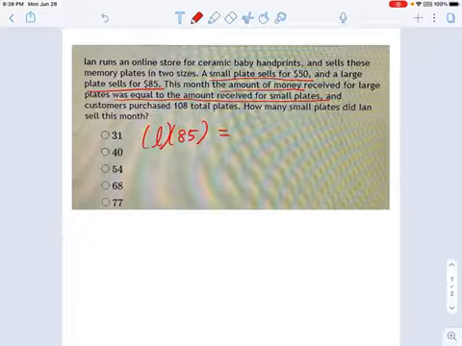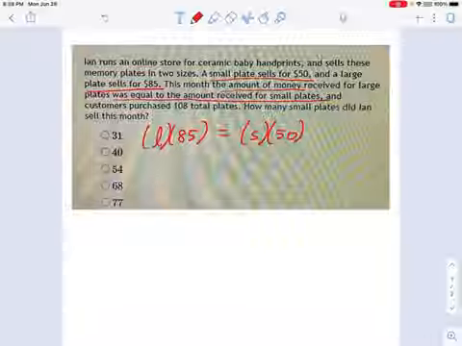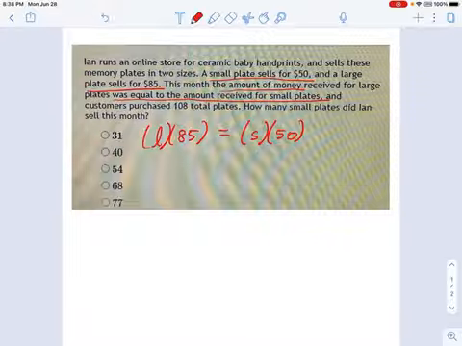And that was equal to the amount he got for small plates. I'm going to say the number of small plates is S, and those were sold for $50 each. So there, I just turned this big sentence, look at all those words, into a nice, neat equation. And we need another equation because you can see there's two variables, L and S. If I have two variables, I need two equations. So what else do I have in this? Well, let's take a look.